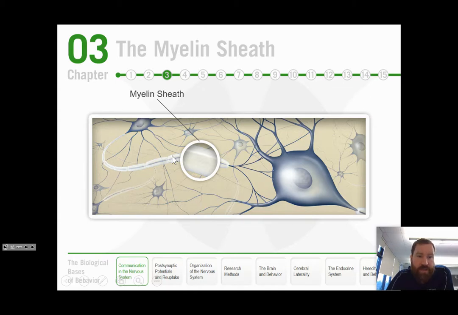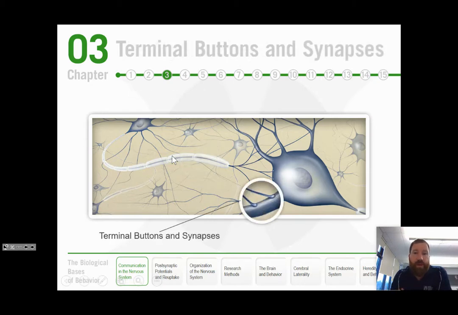Just a quick thing here. Each little sausage link on the myelin sheath has a name. They're called a node of Ranvier. I hope my French pronunciation is good enough. That's just a little added bonus here. I'm not sure that'll show up on any tests, but that's what those little sausage links are called.